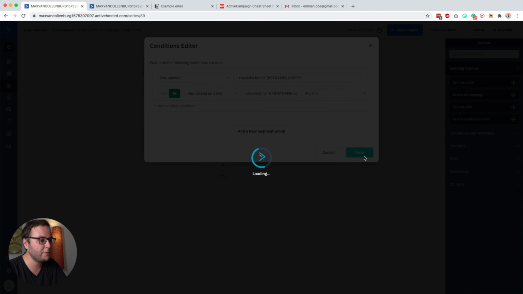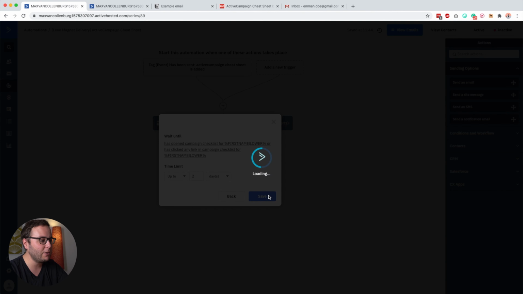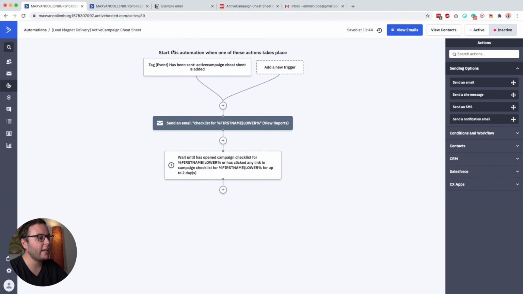Then we click save. And then you can also say here up to 2 days. That's also important to set, because otherwise the contact will basically always wait until they open that first email. Then we click save. So what do we have now?